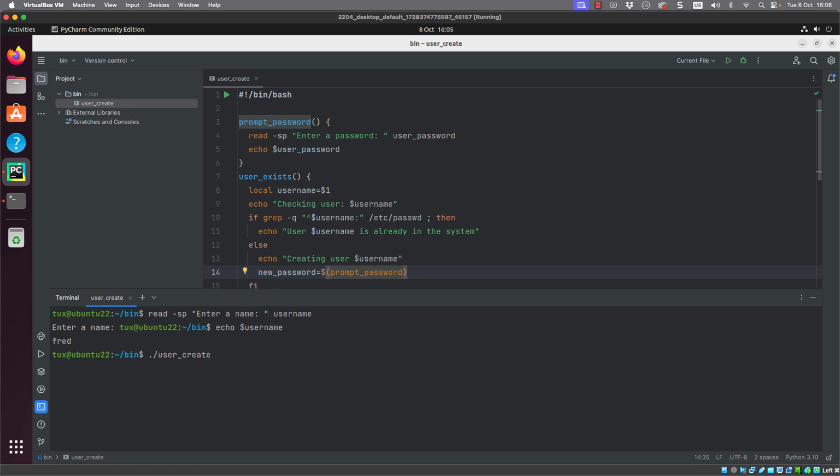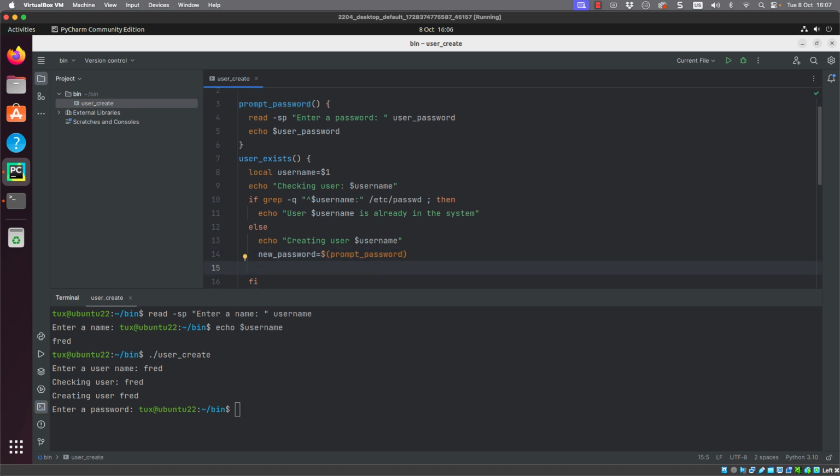So let's move back out, run our script. We're being prompted for the username, but then the password, but obviously we're not seeing the password at the screen, and we don't see the password being printed to the screen. Now, just for demonstration purposes, if we want to actually look at the password, well, we can still display it. So we can move back into our script, and just for the purposes of actually proving we did capture the password, we can then echo out the value of new_password.